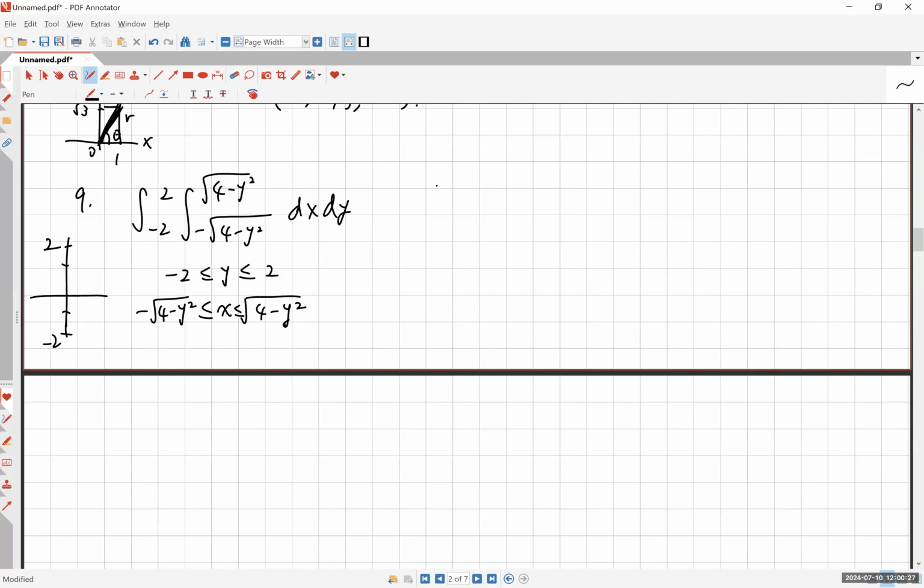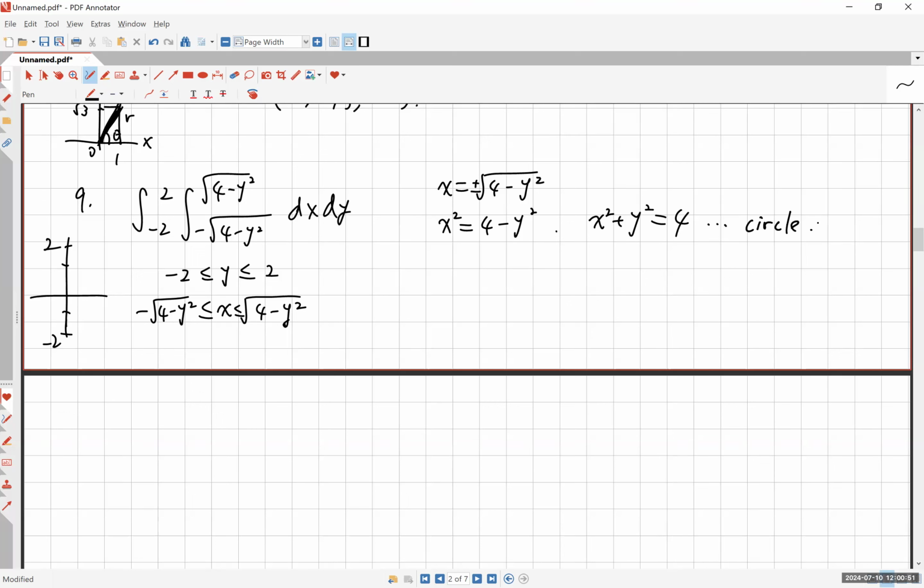So the equation to analyze is x equals plus or minus the square root of 4 minus y squared. If you square this, you get a simple equation, x squared plus y squared is equal to 4. You may have already recognized that by looking at these bounds, but this is a circle of radius 2,